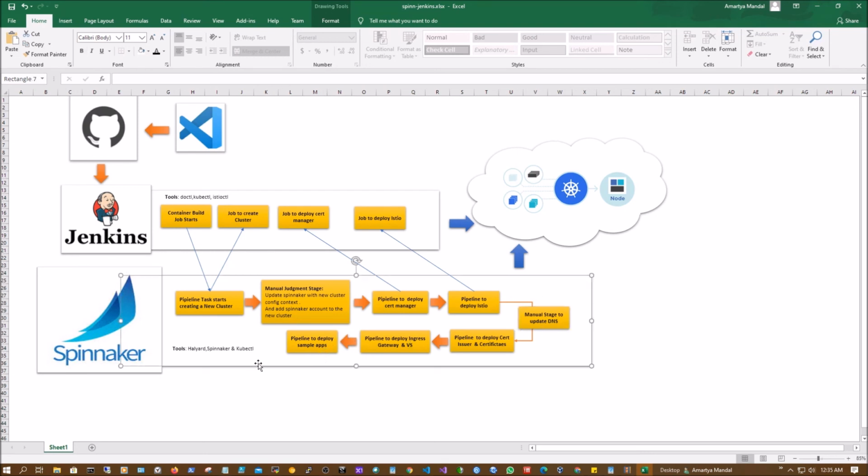The Spinnaker application server has tools like Halyard, hal basically, to configure and update Spinnaker from time to time, then Spinnaker itself and kubectl. So this is the entire overview of this particular